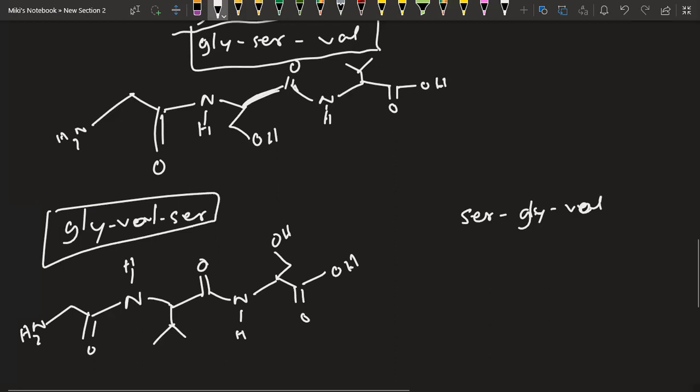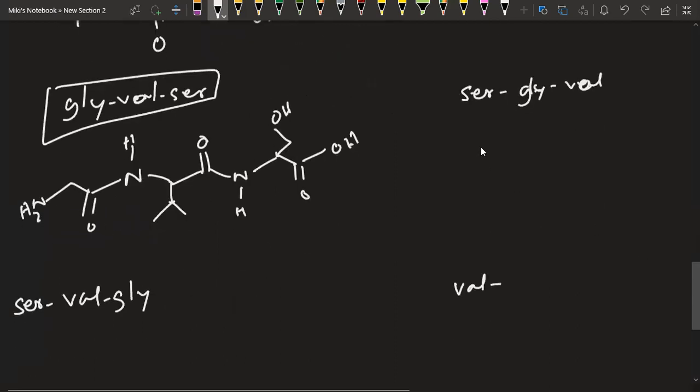Let's say the third molecule, we have serine, glycine, and valine. So serine is which one? Serine is, let's say, this portion. We should have the NH2 group here. The other portion is going to be present as the R group, so OH. Then we have